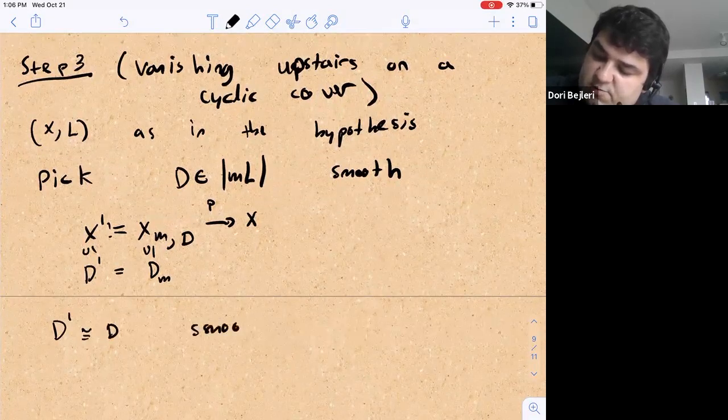So in particular, it's a smooth divisor, but also